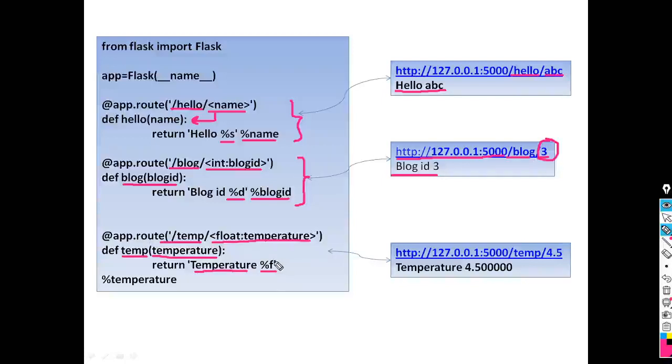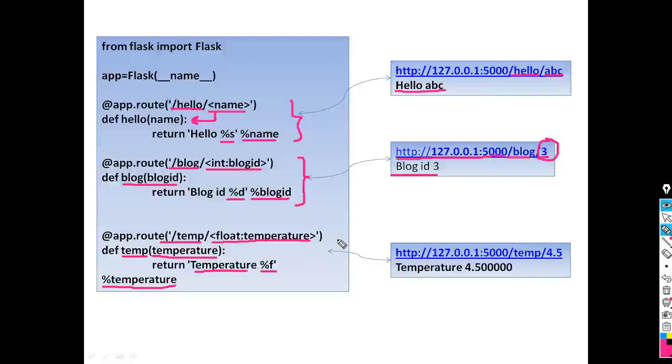Okay, so enclose this within single quotation marks. And how do we invoke this value? Again like %name, like %blog ID, you should write %temperature here. Okay. So with the help of this one, we can invoke the value of temperature.